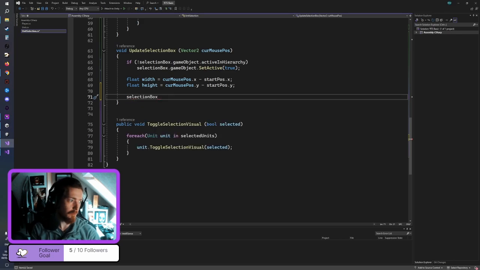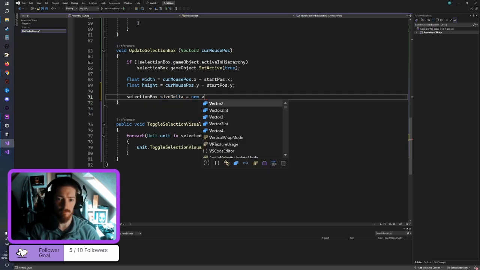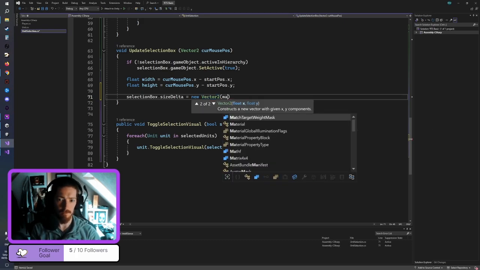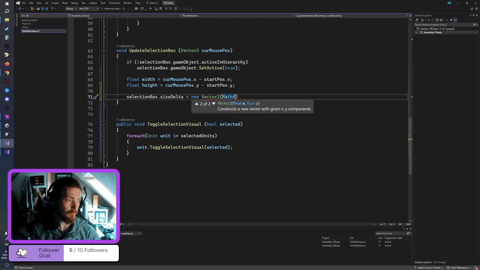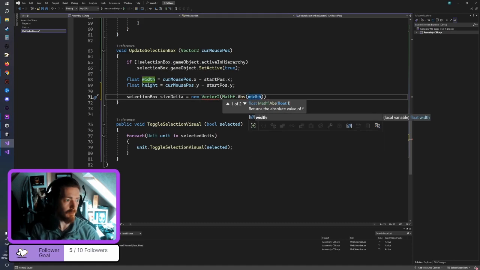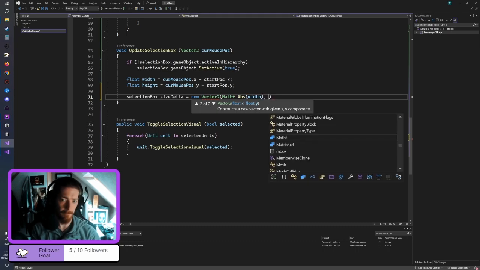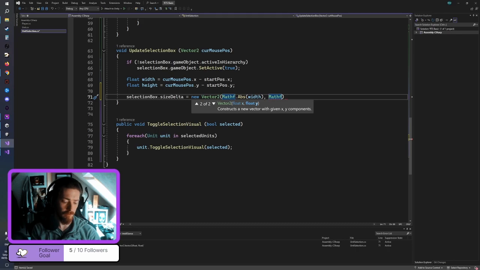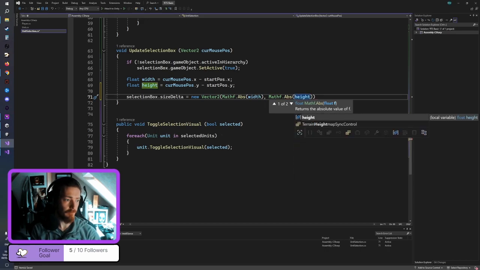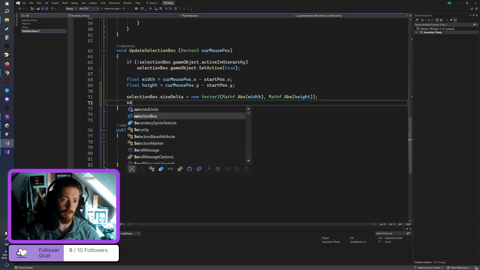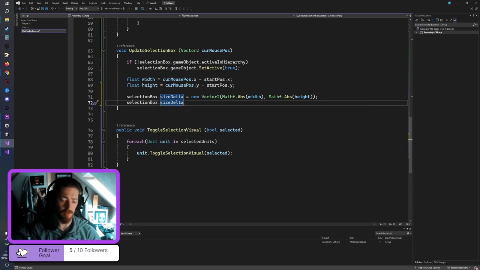Selection box dot size delta equals new Vector2 Mathf dot Abs width, Mathf dot Abs height, and then selection box dot size delta equals, nope, take it back, I'm getting ahead of myself. Anchored position